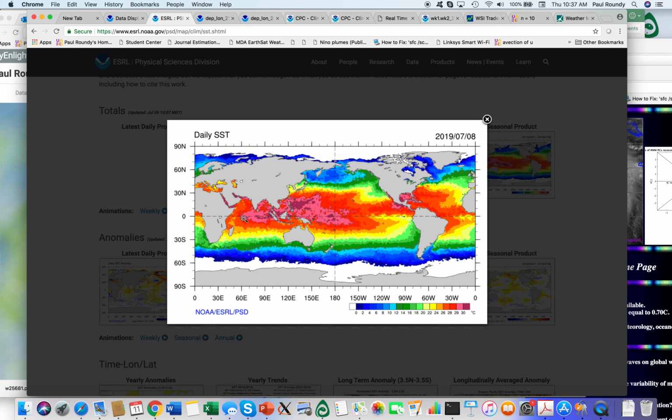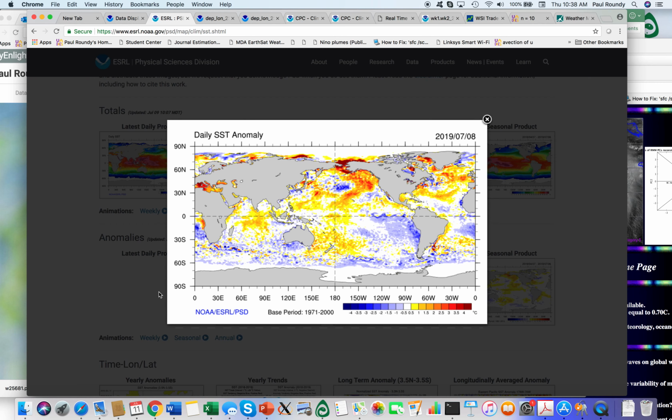The warmest waters in the world presently are along the equator of the central and eastern Indian Ocean, extending in a region through the northern parts of the maritime continent across the Philippines and over the northwest tropical Pacific Ocean. This maximum temperature near the dateline is anomalous and is a sign of the present El Nino condition.